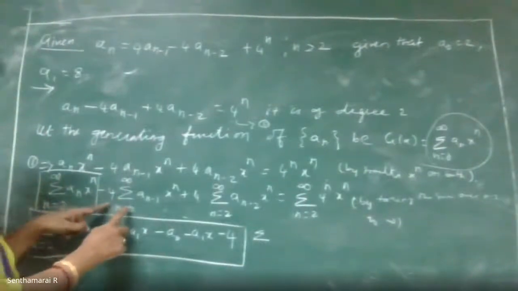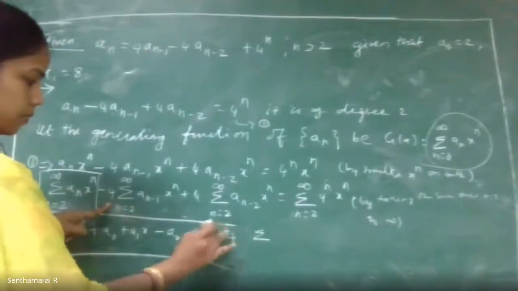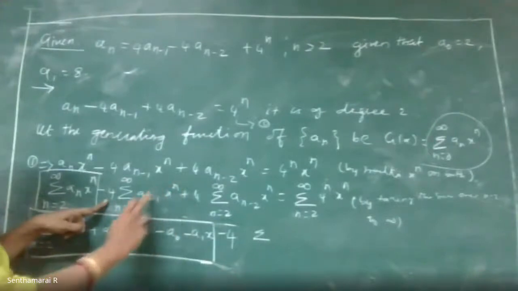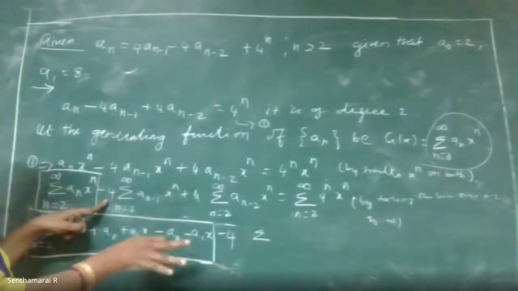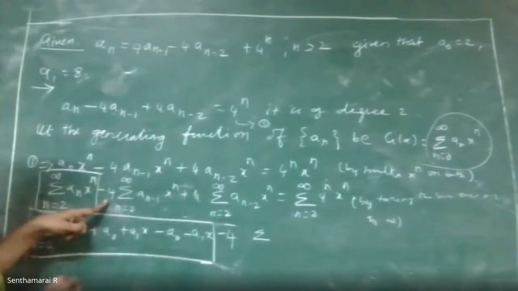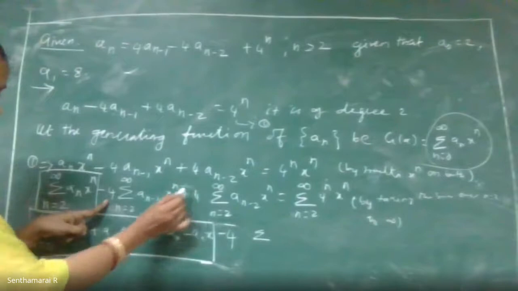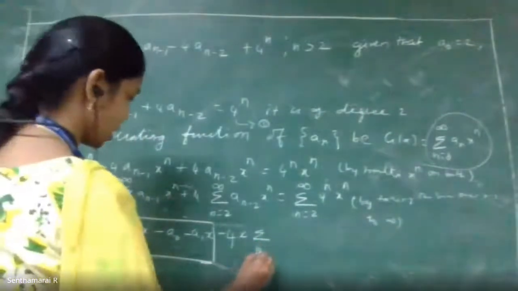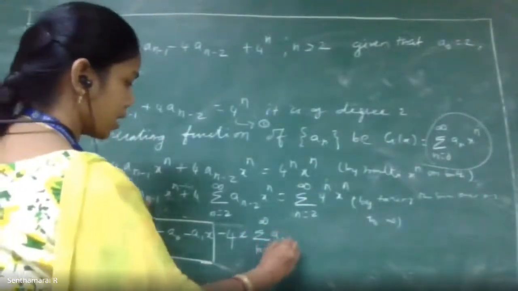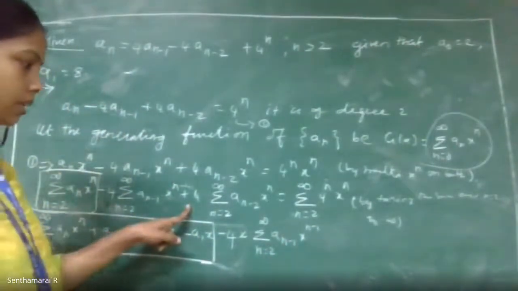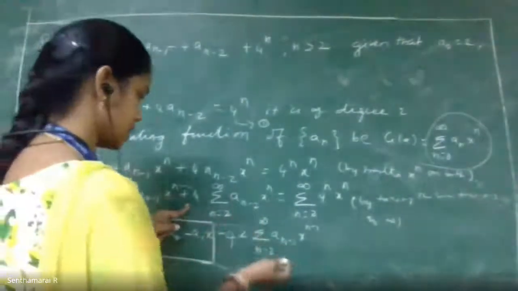Second term, when you see the second term, minus 4 into n minus 1, here it is n. The nth term should be uniform in each and every place. So I wish to change it as n minus 1, so I have to take minus 1 plus 1. The plus 1 term, x power 1, I have taken outside. Inside the summation, n equal to 2 to infinity, a n minus 1, x power n minus 1 remains. Is it clear?